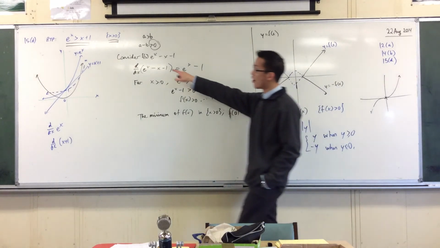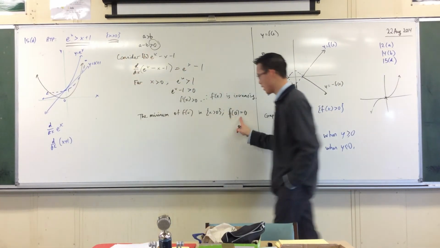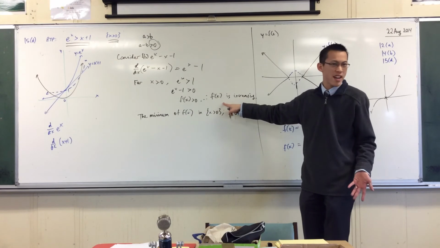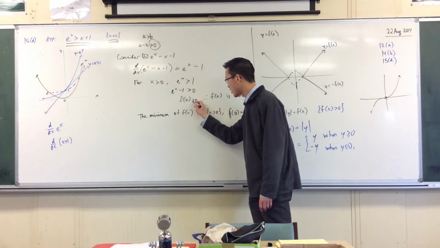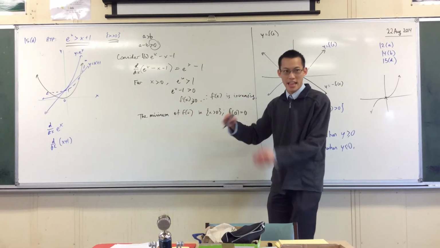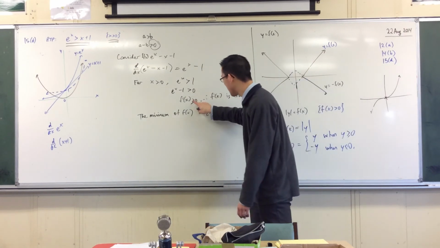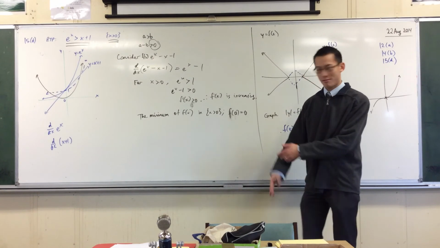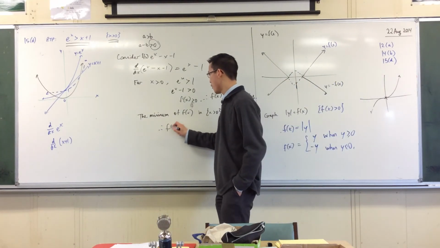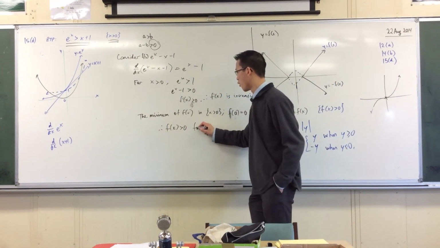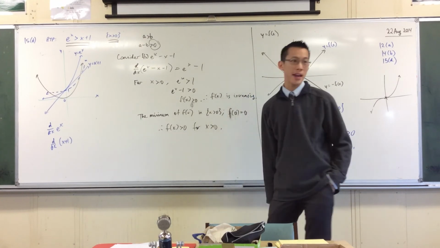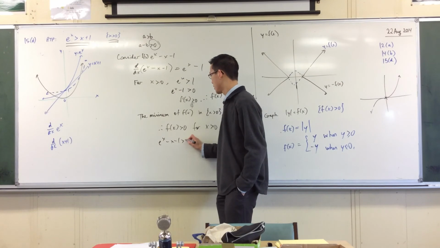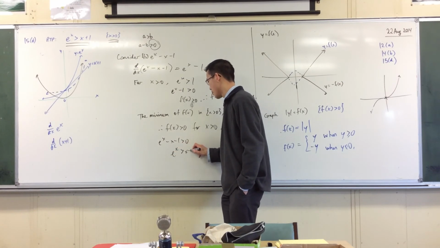Don't forget, I'm not inclusive of the boundary, so this point is not a problem for me. But I've also shown that it's increasing. It's not even like greater than, it's never going to go flat either. It is strictly increasing, right? It must increase. So that's enough. Therefore, f of x is greater than 0 for this domain. So that means this is greater than 0, which means that this is greater than that,